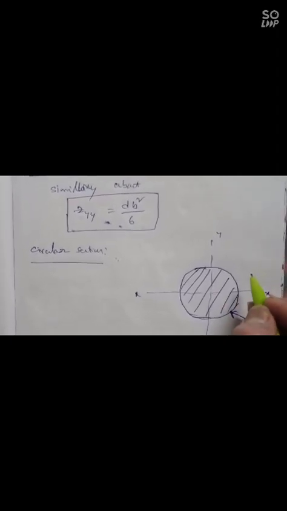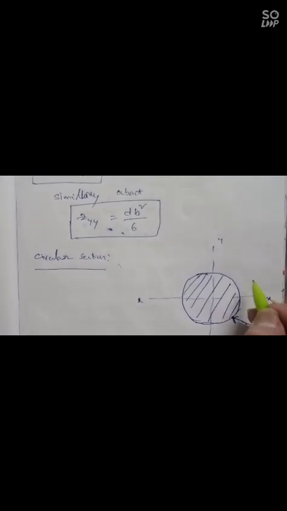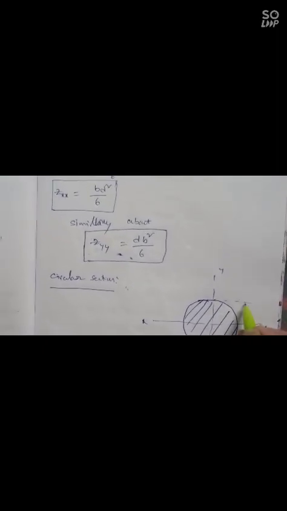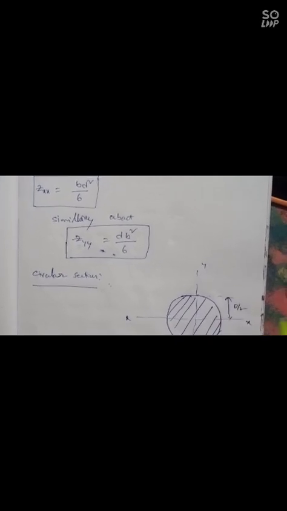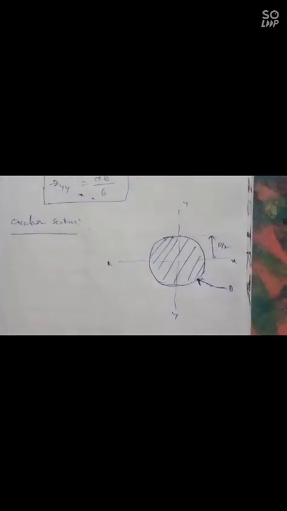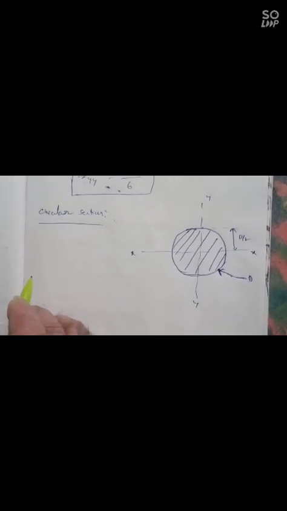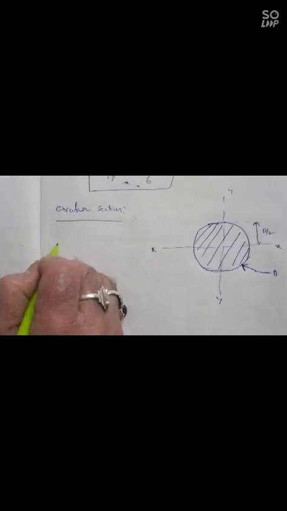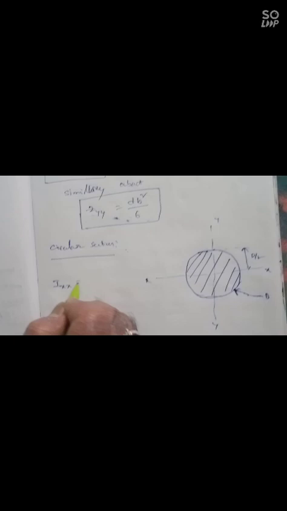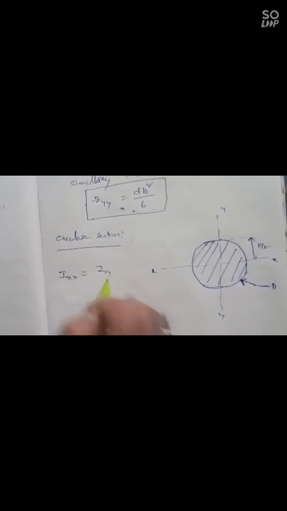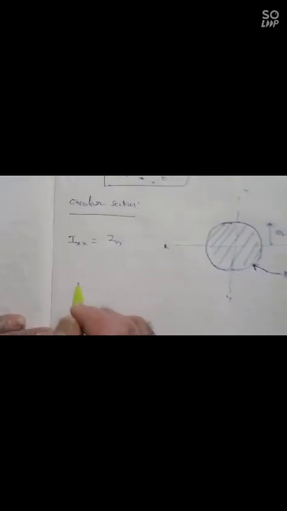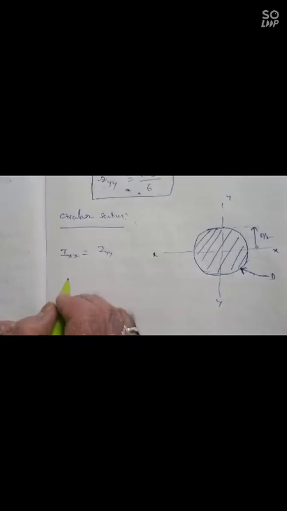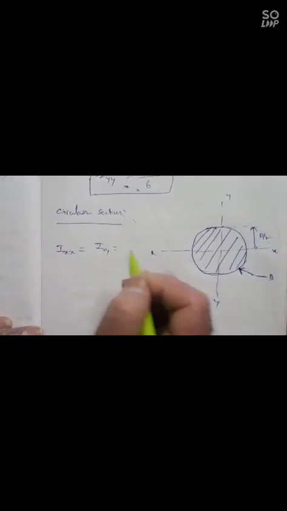So y maximum is equal to d by 2. Since it is a circular section, all sides the radius is equal, so Ixx is also equal to Iyy. Ixx is equal to Iyy, that is equal to